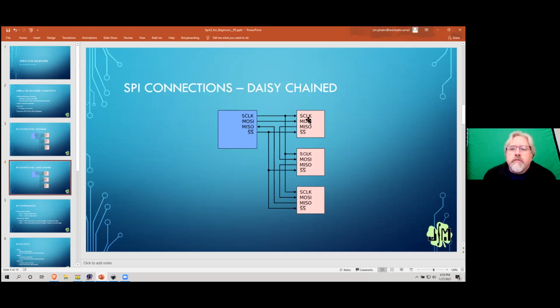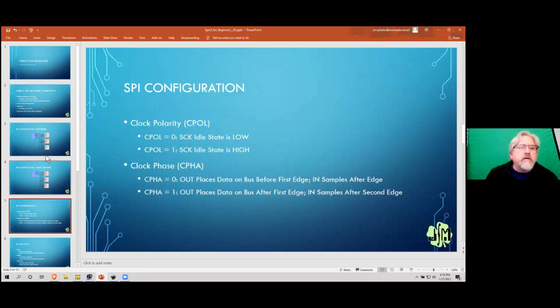And so I actually didn't have a chance to squeeze it in. So I'm going to switch over to a drawing program that I use. And these are the normal configurations. We have MOSI and MISO. I'll change that in just a second. Let me talk about,